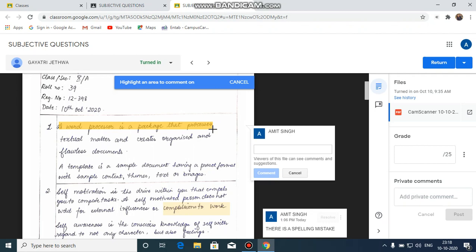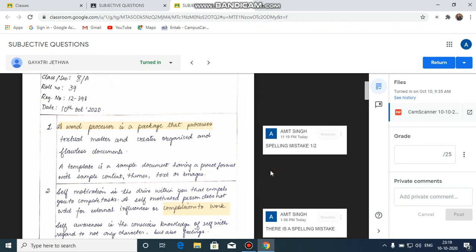Suppose there is a spelling mistake, you can mention there is a spelling mistake, as well as the number which the student will get. Say I am giving 1 out of 2 to the student in this question. Then click on this comment button and it will be posted.